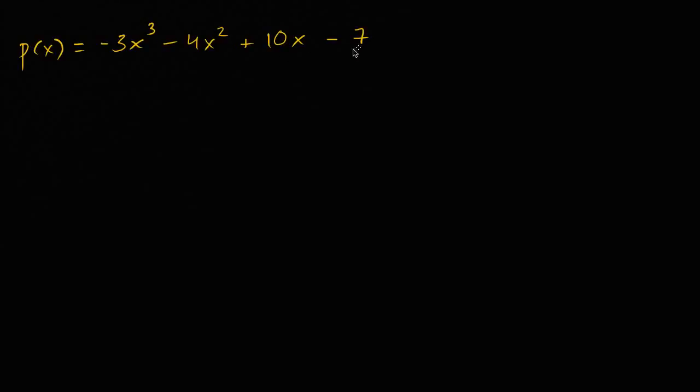So we have a polynomial here. And what I'm curious about is what is the remainder if I were to divide this polynomial by, let's just say, x minus 2. And you could figure this out with algebraic long division, but I'll give you